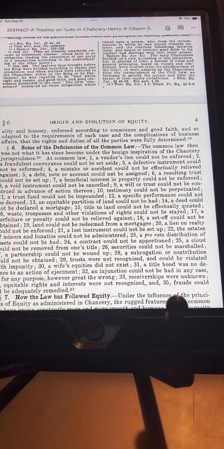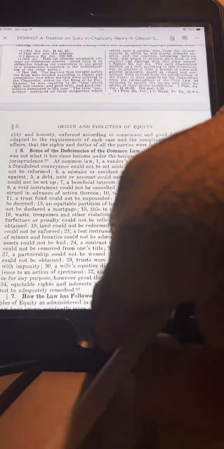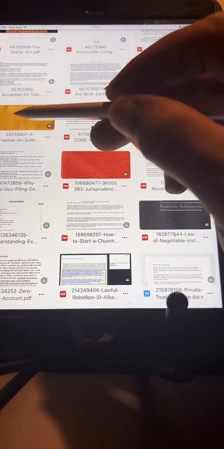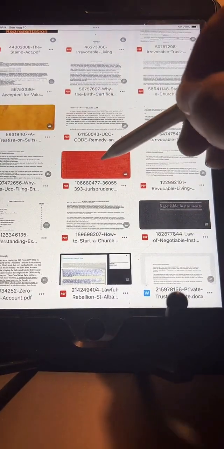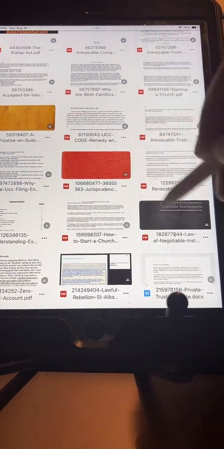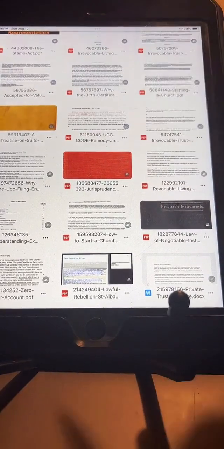So I'm not trying to discourage you from it, but if you watch the Rourke seminars, right, if you go into the library, all this is in the 2025 folder. Okay, here's your Treaty on Suits and Chancery, your American Jurisprudence, and your Negotiable Instruments. These are the books that we're going to be getting into on the profile for the next couple of months. Okay,